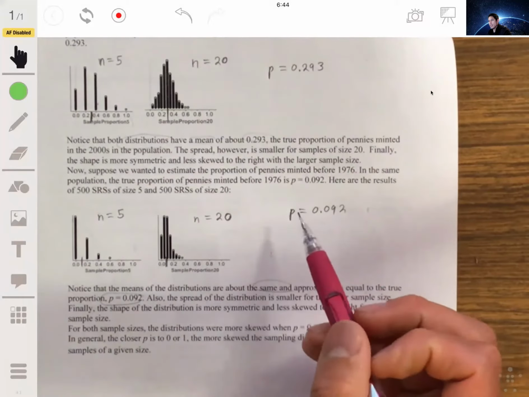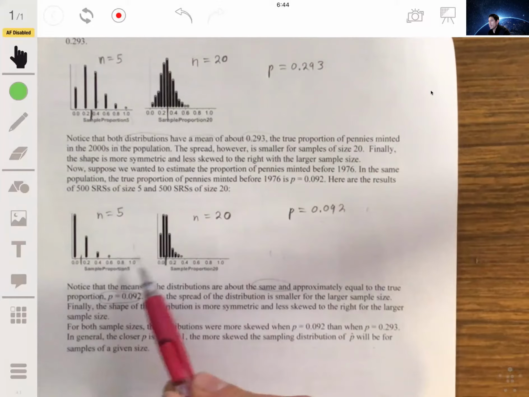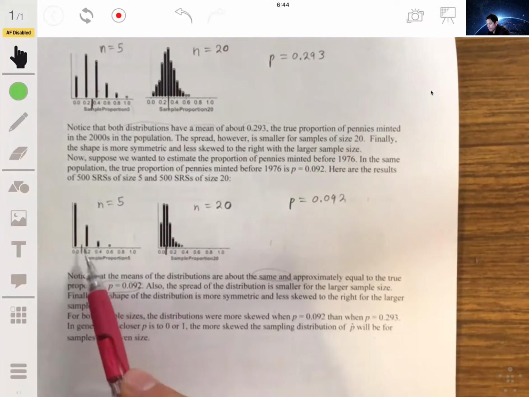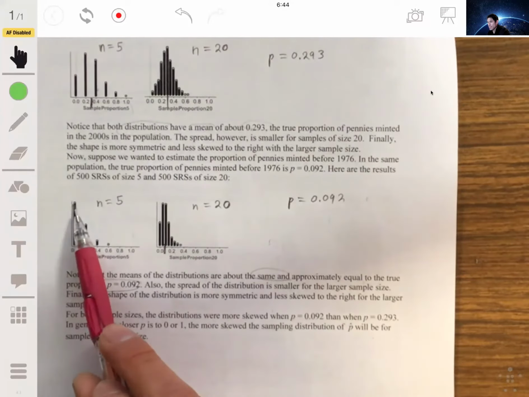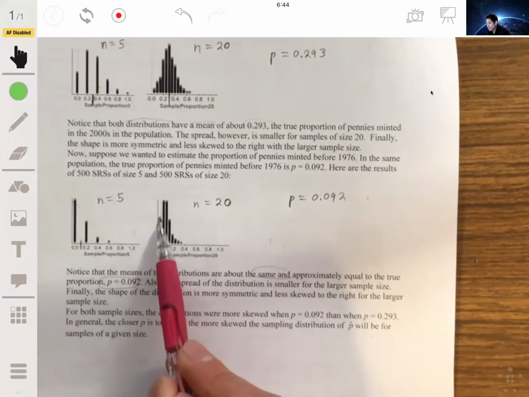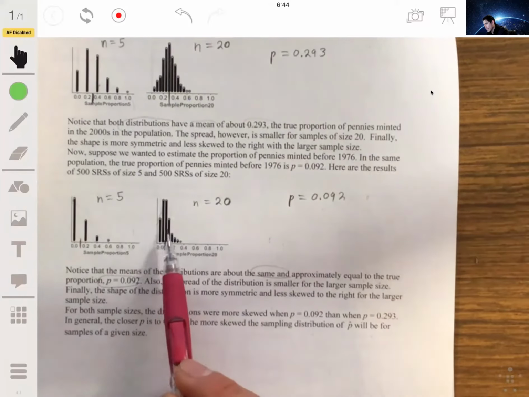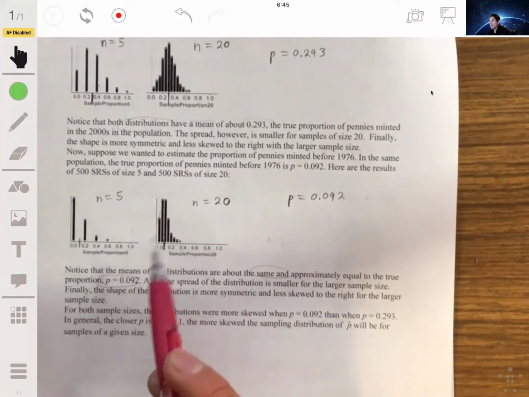Now, again, you can see that there's a distinct difference in how they're shaped. The spread is smaller for this one. This one looks more precise, whereas this one you can see much more skewness. It's more peaked on the far left, where this one starts to veer away from that. This is more symmetric than this one. It still has some work to do, but it is more symmetric. And so